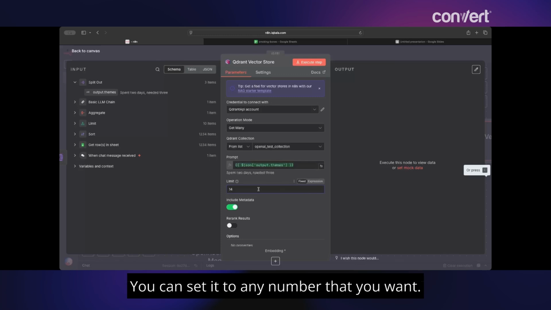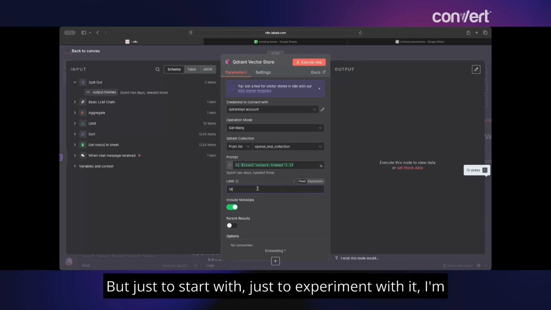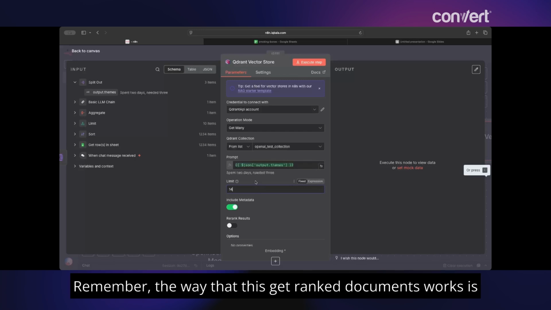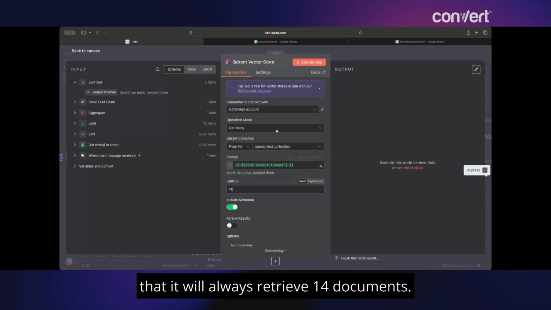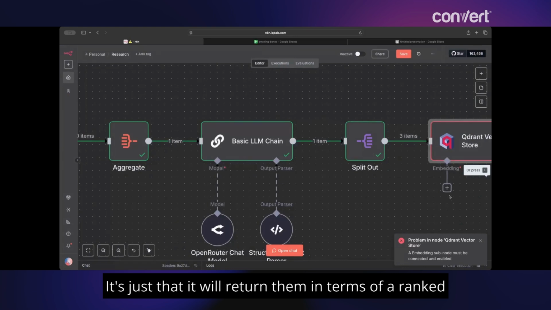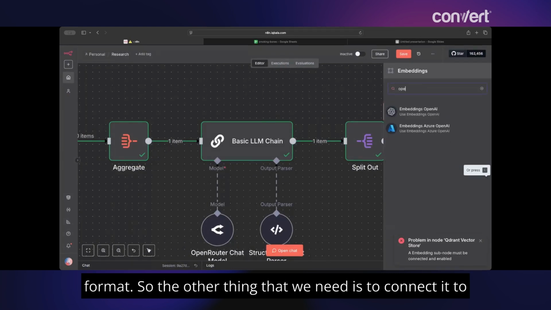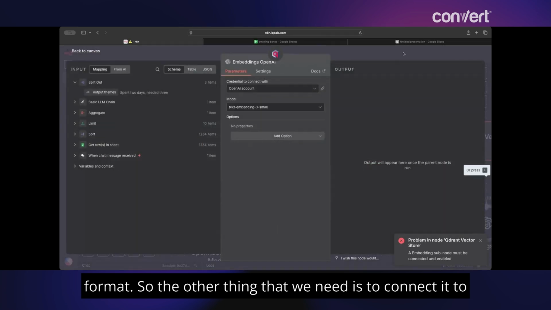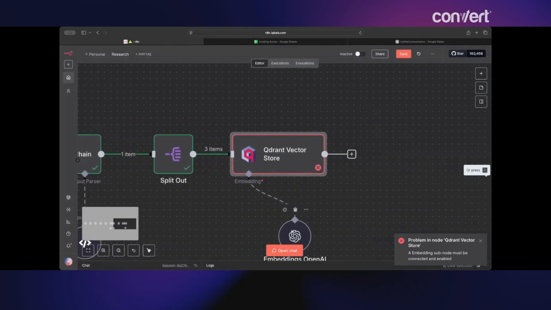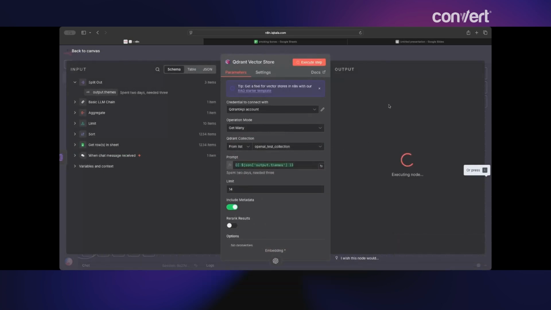You can set it to any number that you want, but just to start with, just to experiment with it, I'm going to set it to a smaller limit, and I can update that later on. Remember, the way that this get ranked documents works is that it will always retrieve 14 documents. It's just that it will return them in a ranked format. So the other thing that we need is to connect it to an embedding. And then now if I run that now,